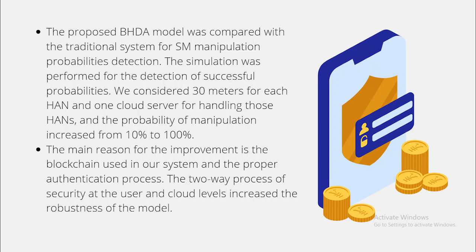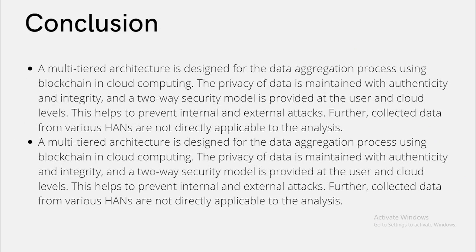In a man in the middle attack, the attacker tries to interfere in the communication of participants by pretending to be an original sender. This attack is handled by the authentication and blockchain mechanism. This model's communication overhead is higher than other techniques because of authentication and blockchain being used in the processes, and therefore overall performance of this model is superior to the other models.